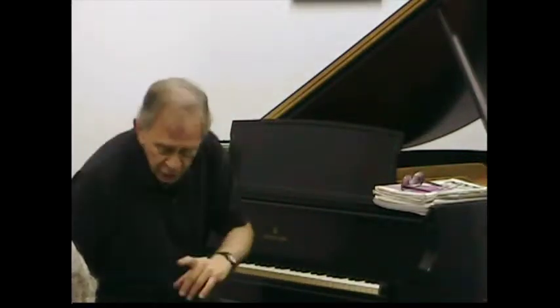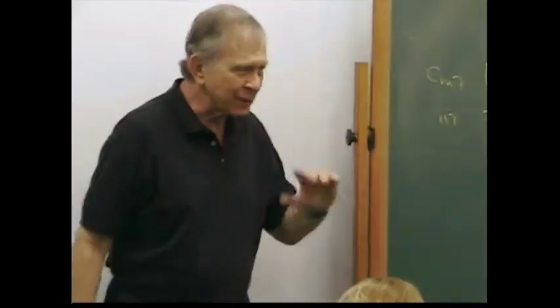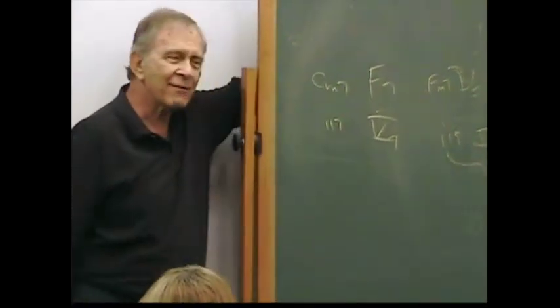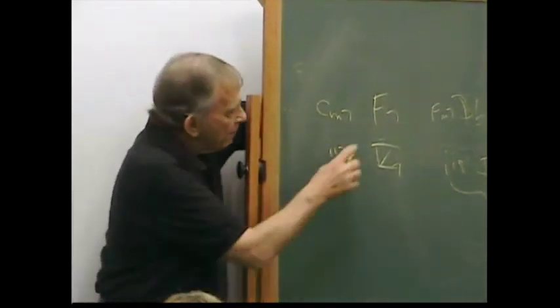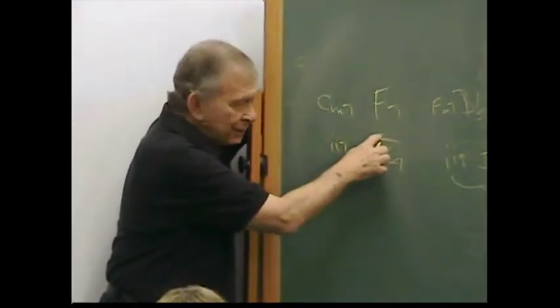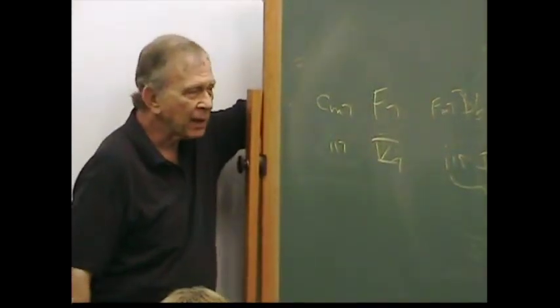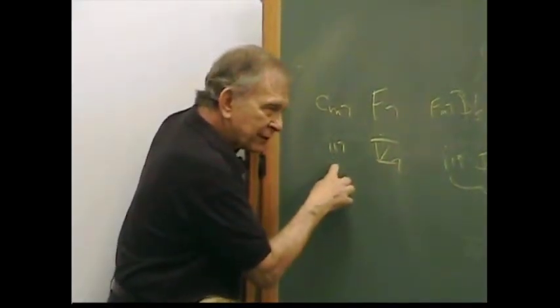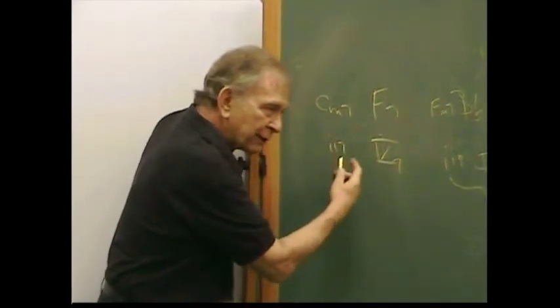I said there were a couple of pedagogical principles that you can learn from this. One is, if you have one of those old fake books with lousy chord progressions, and you have a dominant 7th chord that doesn't come from anywhere interesting harmonically, think of it as a 5-7 chord, put the 2-7 in front of it, it'll always work. If you have a dominant 7th chord, put the 2-7 chord in front of it. Make it minor, but put it in front of it, it'll always work. You'll always be able to play them consecutively.